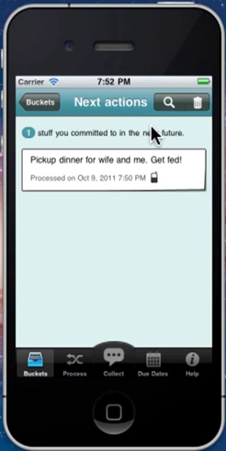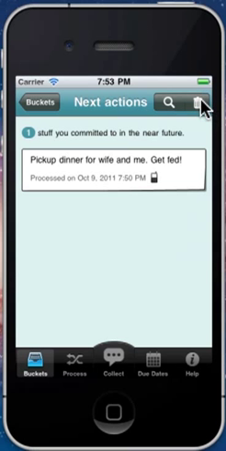So let's just jump back here. Now that it's done, I don't need to store this anymore. Remember, the idea is to collect, process, do something with it, and then get rid of it. Think about your house. Imagine if you stored everything that you ever came across or collected. It just wouldn't make sense, right? And that's the same thing with the GTD approach. You don't want to be a hoarder. You want to just process and get things out of your mind. You want to be very active about everything.